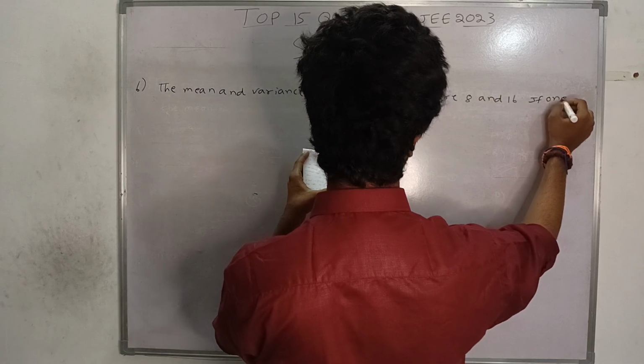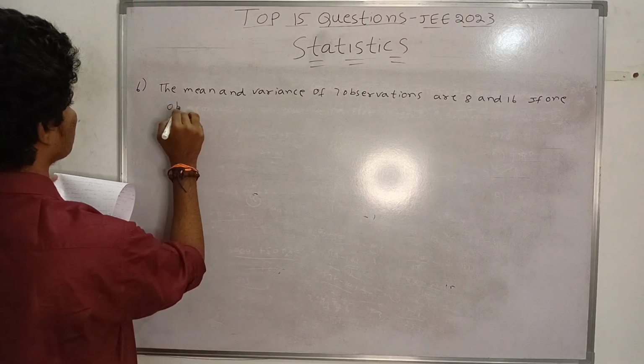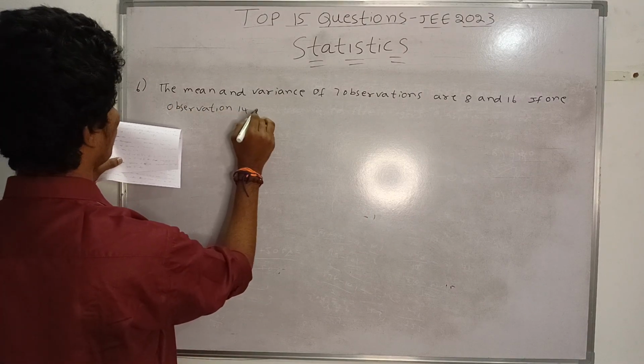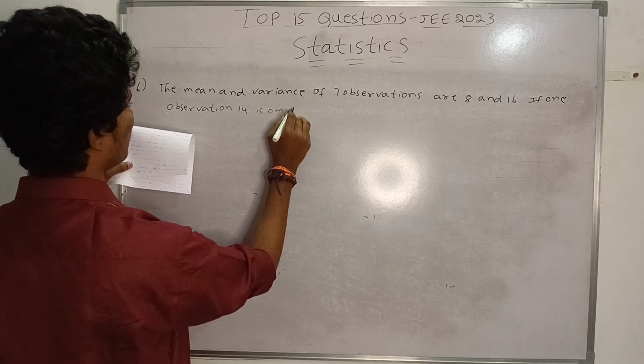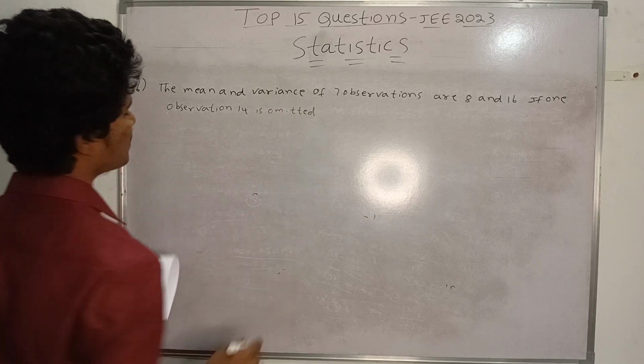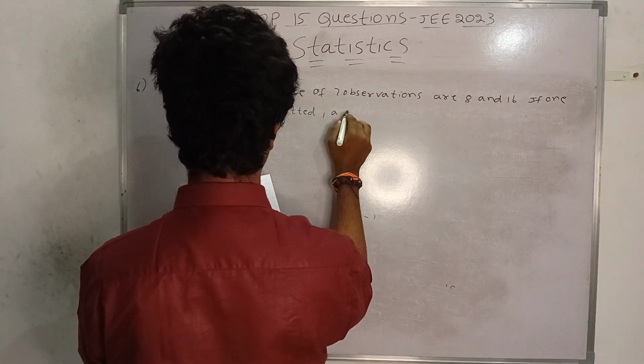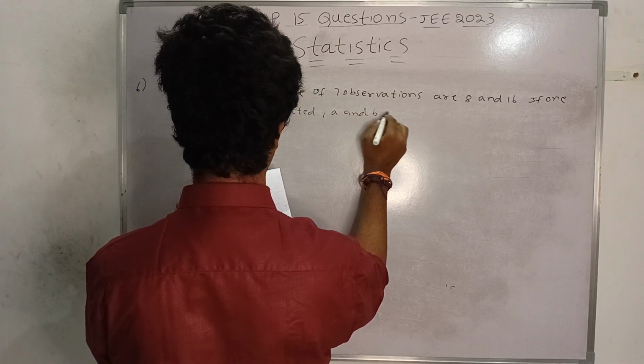If one observation 14 is omitted, the meaning of omitted is we removed it, and A and B are